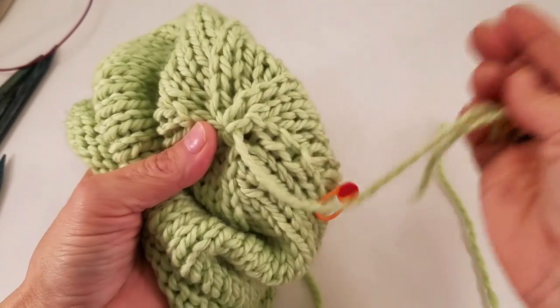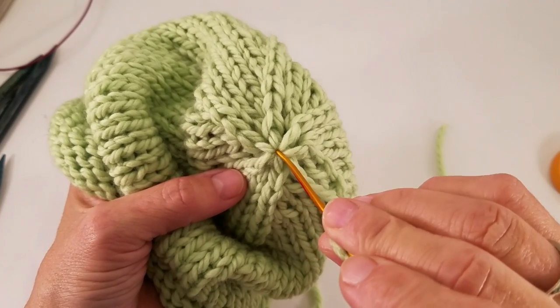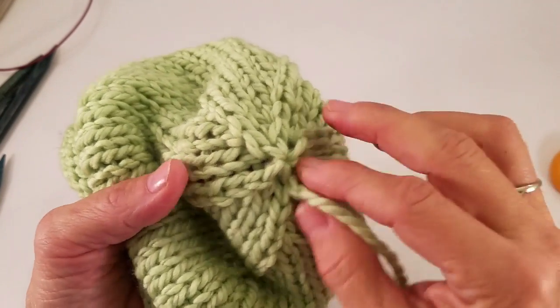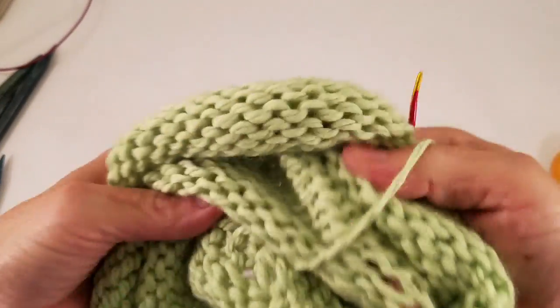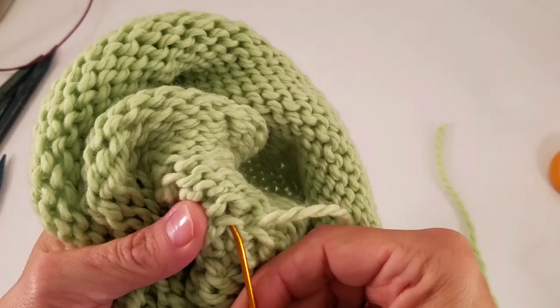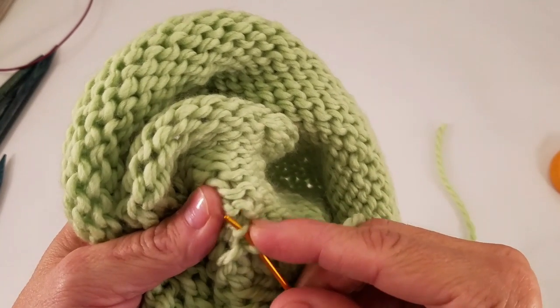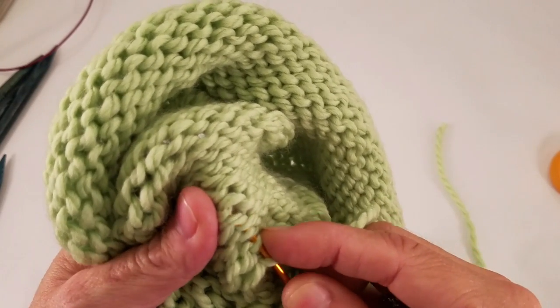Now I'm going to take the yarn to the inside of the hat. I'm not going to go through the center here. I'm just going to go through off to the side, and we can weave that end in. I just like to take the yarn, split the yarn with the needle a little bit, go at a diagonal to weave in this end at the top of the hat,